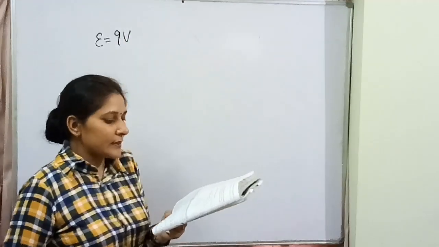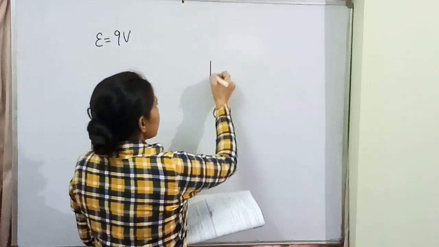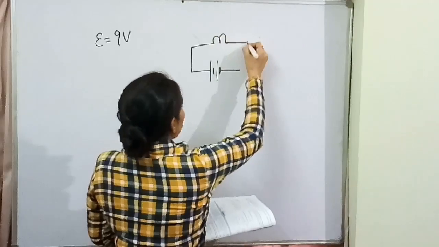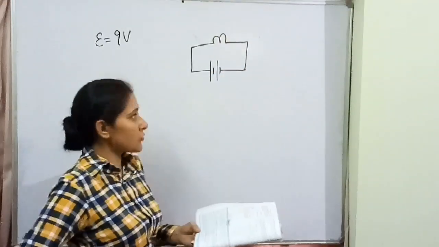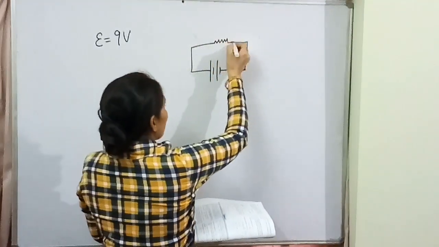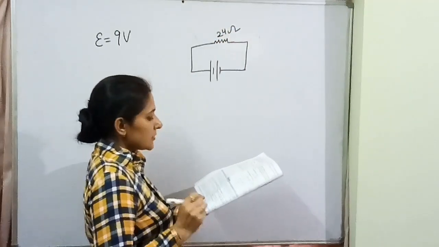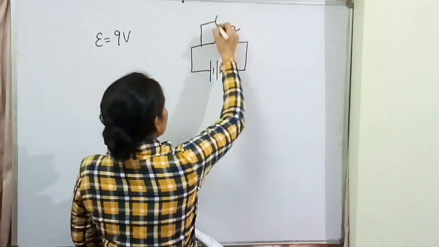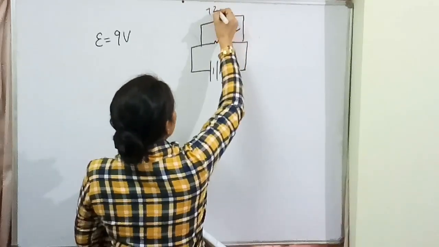Fine. On connecting a 24 ohm resistor across the terminals of a battery, if this is the battery, अगर हम इसी को connect करते हैं किसी भी appliance के across, okay, on connecting a 24 ohm resistor, this is the resistor, across the terminals of the battery the voltmeter reads 7.2 volt. If we are connecting the voltmeter over here, so अब ये जो voltmeter reading दिखाता है, that is 7.2 volt.